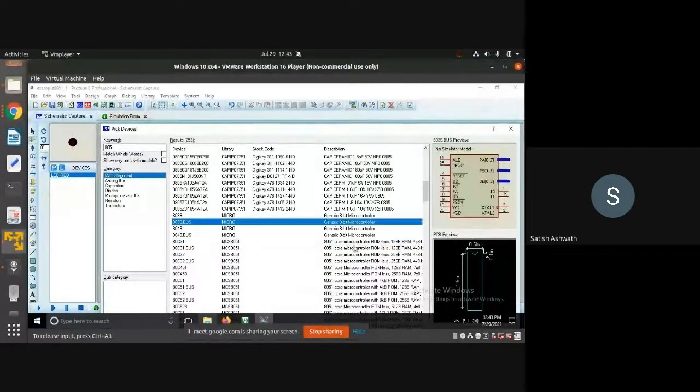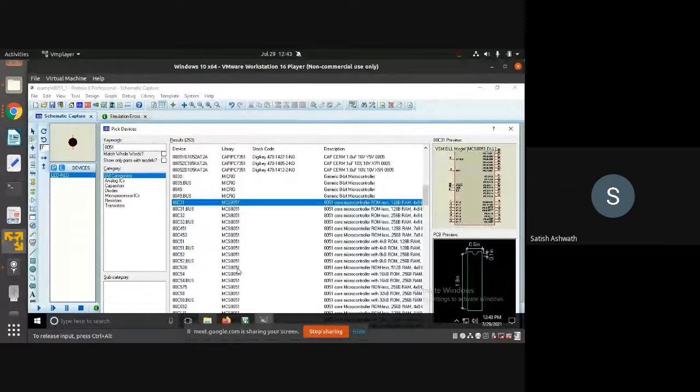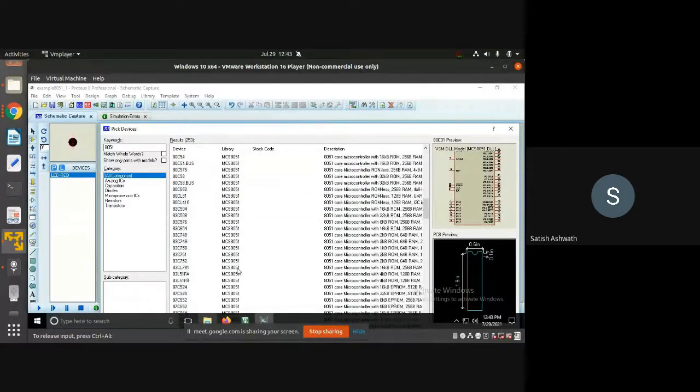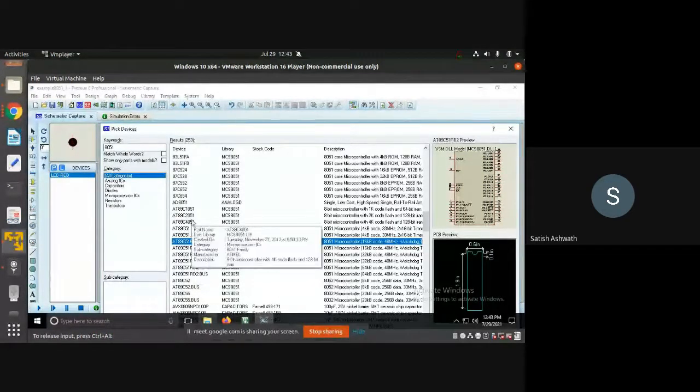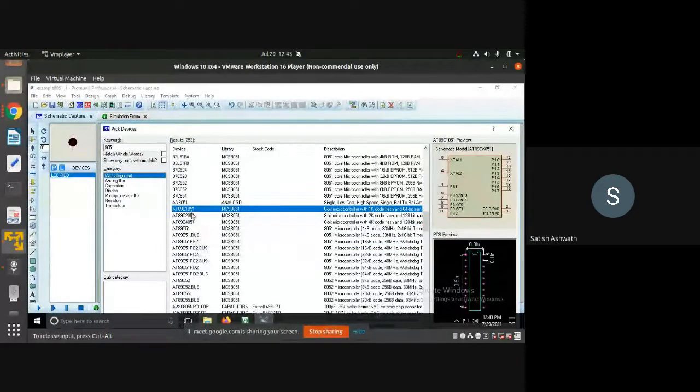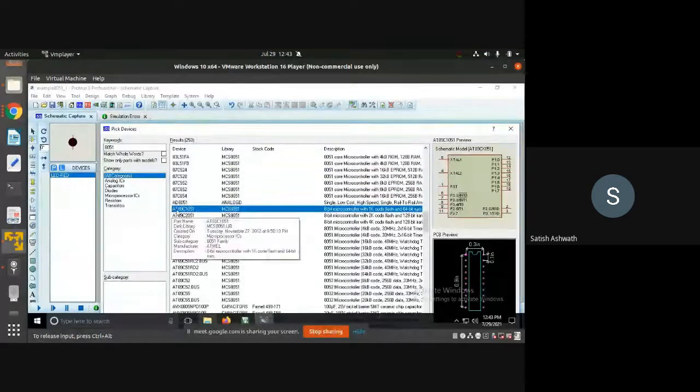Select one that has a proper core, RAM, everything available. This is a generic controller, with whatever RAM is available to you. So select one with the proper RAM available so that you can use it. We don't have that. Let us see if we have that exact version available with us. 89C51. Okay, this is the ideal thing you should select, because for our lab, 89C51 ED2 is our exact requirement, but the ED2 is not available here. So select this 89C51. That is enough for us.